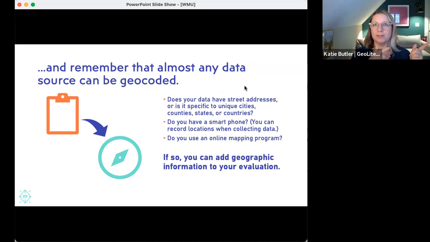And remember, we said this earlier, almost any data source can be geocoded, if you've got addresses associated with your information. This is an important point. Addresses are PII. People's individual addresses are PII. So make sure you remember that if you're mapping individual houses. But if it's something like schools or businesses or other locations, you're probably good to go. But of course, be careful as you're looking at individuals' addresses that you're not revealing any PII.